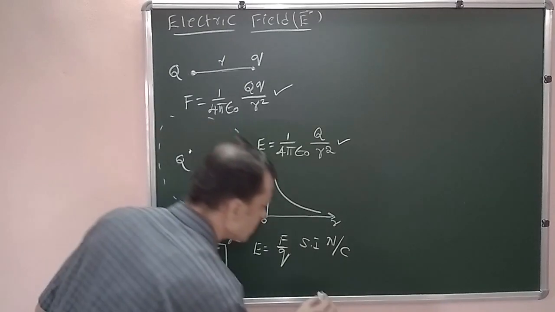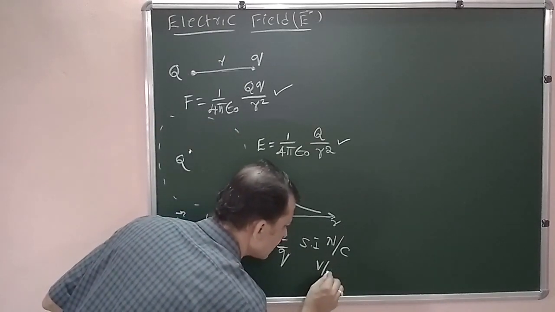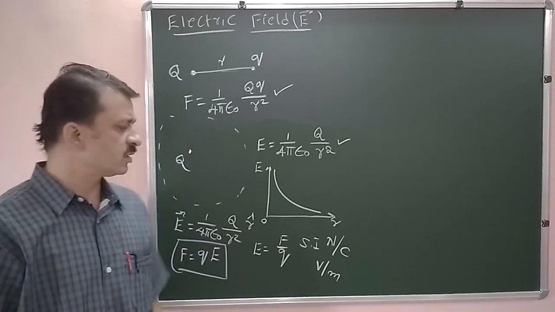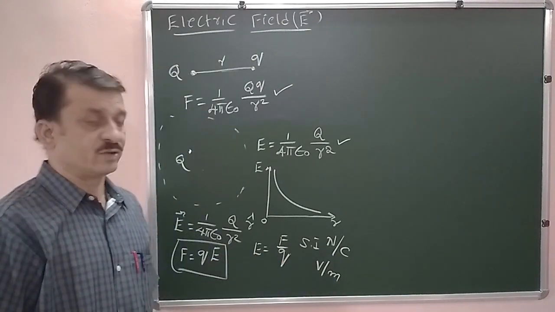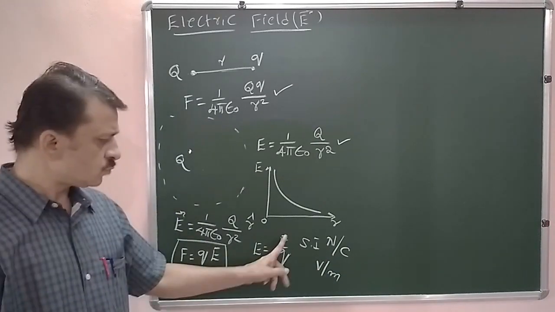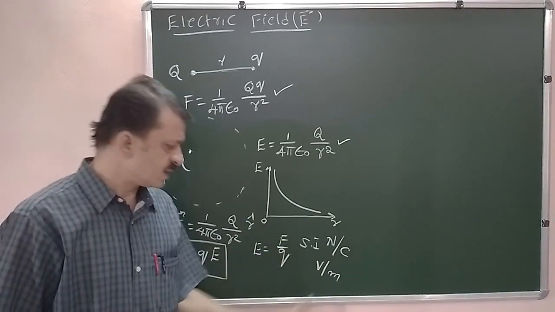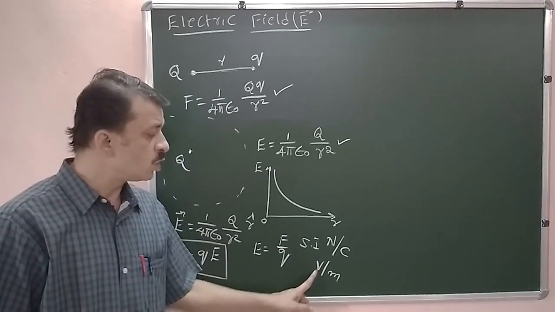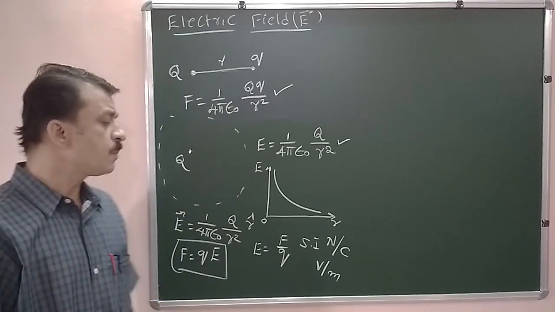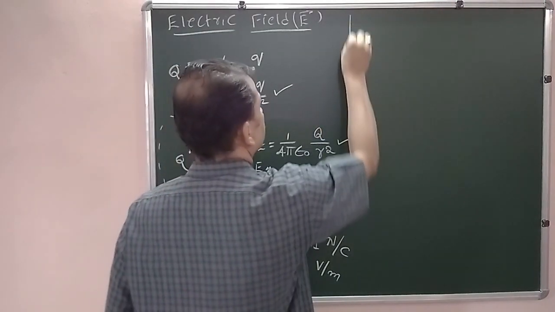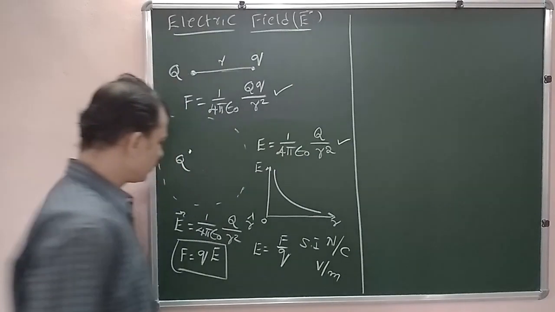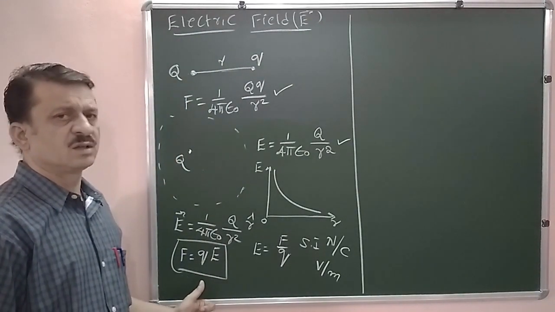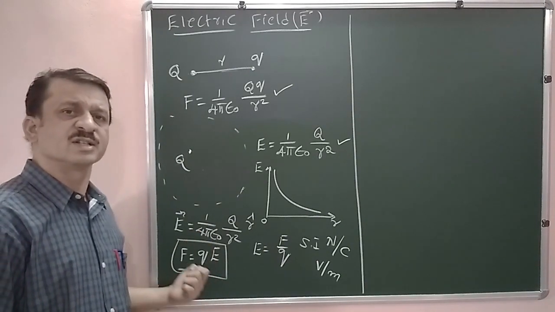And also in the next chapter, we are going to obtain another unit for electric field as volt per meter. So we are using these two SI units. One is Newton per coulomb according to this expression, and in the second chapter we are going to have another unit for electric field, that is volts per meter, V by m. Therefore, now we can study four remarks regarding this electric field.